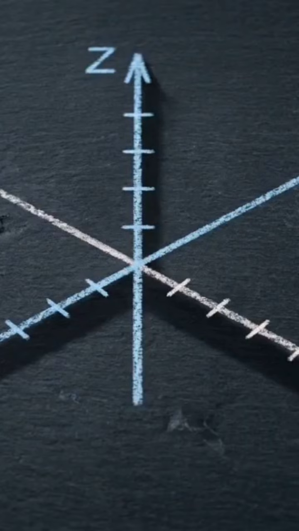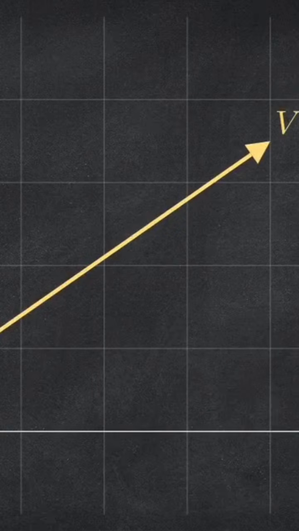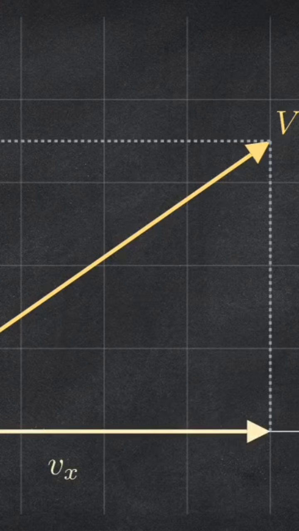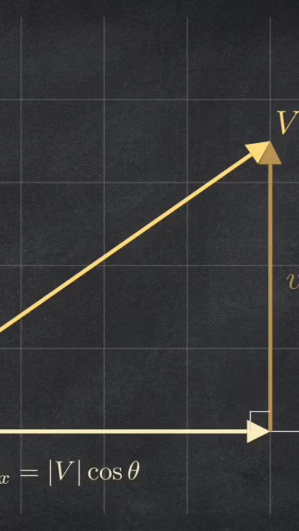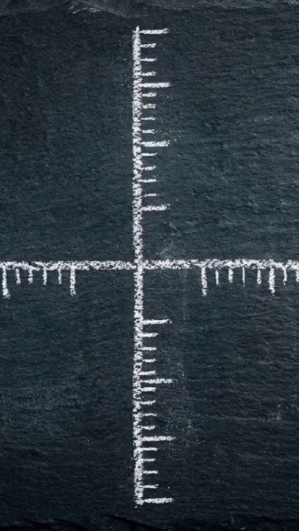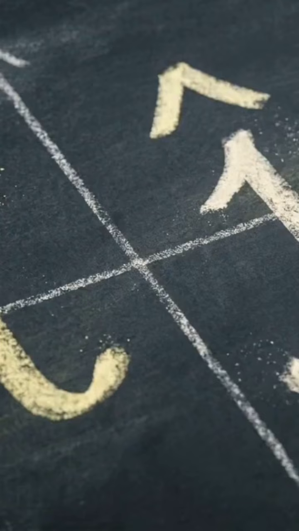We need a standardized mathematical framework to tame these interactions. This chart demonstrates how we place a diagonal vector onto a 2D Cartesian grid. We can break that chaotic diagonal force down into specific x and y components. By taking the interior angle, theta, we calculate the horizontal force using cosine, and the vertical force using sine. To measure these newly sliced components, we use orthogonal unit vectors, standardized mathematical rulers along the x and y axes, typically written as i hat and j hat. Slicing vectors